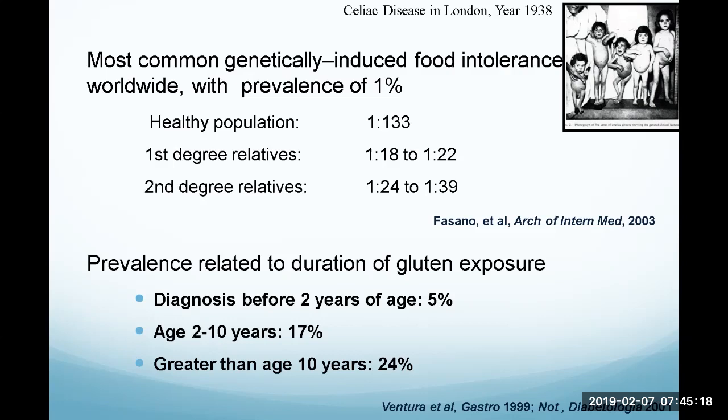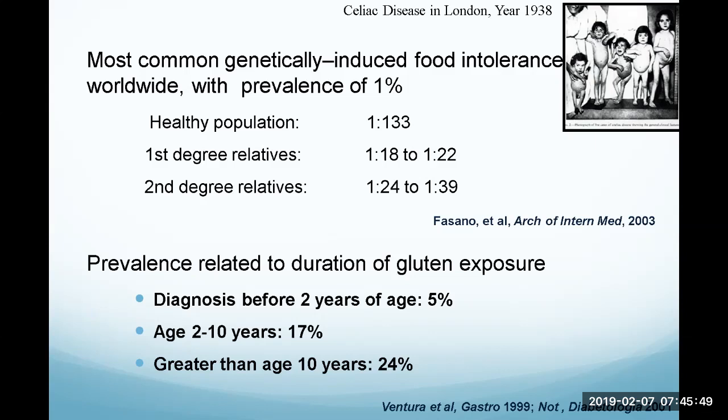Do you guys see the cursor? No. So if you look at the photograph on the upper left corner or right corner for you, that's how the majority of the families were if they had celiac patients. Very malnourished, young, little ones who probably didn't even survive for more than a few years.